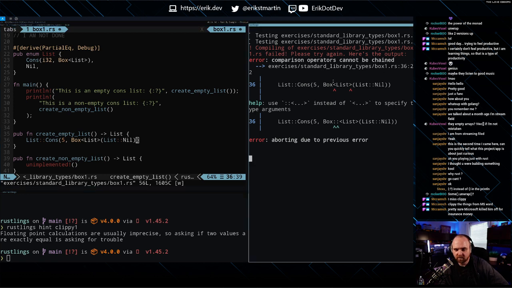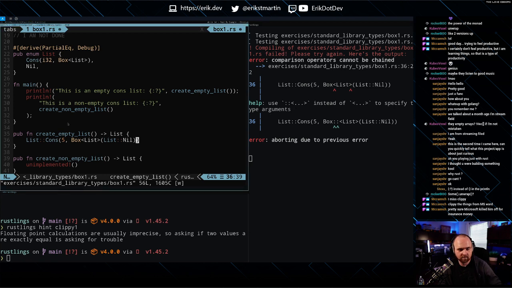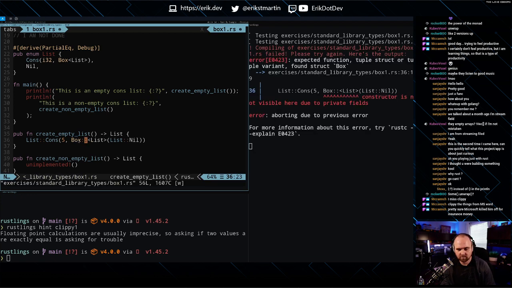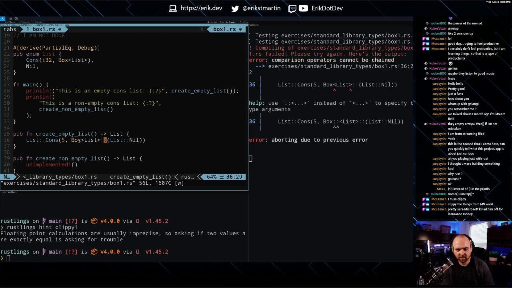Comparison operators cannot be chained. What's that? Constructor is not visible here due to private fields. Wait. I can never remember how to do this.